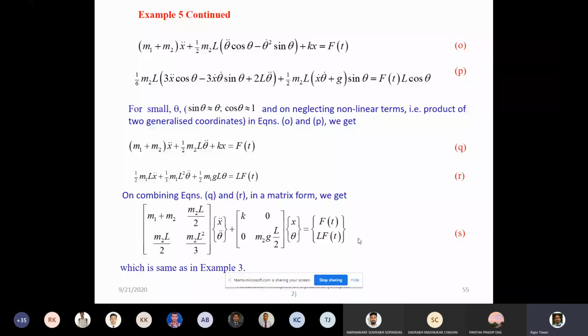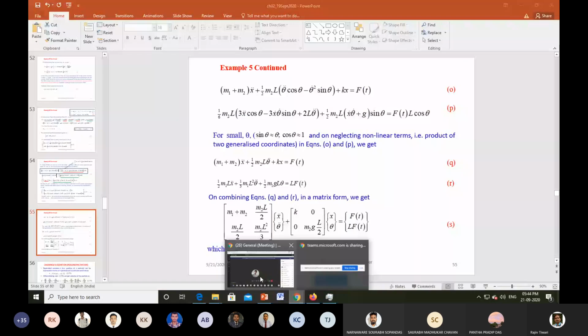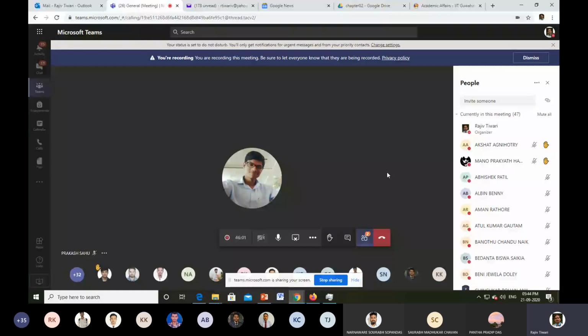I will take up some questions if you have any. The steps are very important in this, because I have already given assignments. Unless you understand all the steps clearly, you can't do them. One thing I would like to tell: here we had two generalized coordinates, so we had two variations, the variation of x and the variation of theta. Independently, when we equated, we got two equations of motion, because once we have two generalized coordinates, we will get two equations of motion.